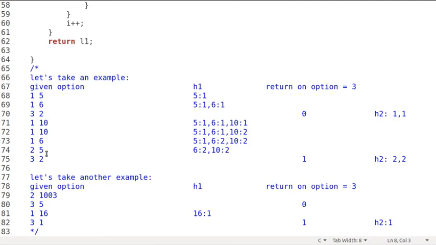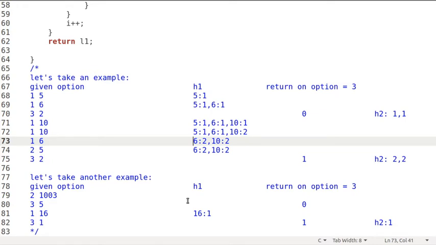Then again we get 2, 5, meaning we have to remove 5. 5 is available in the list, so it will be removed from here. Now we get 3, 2. Now we have to check if frequency 2 is available in the HashMap. So now we will create the array list of all the values of all the keys. We get 2 keys with frequency 2, so 2 2 will be added here. Now we will check if 2 is available. Yes, 2 is available, so we get output as 1.